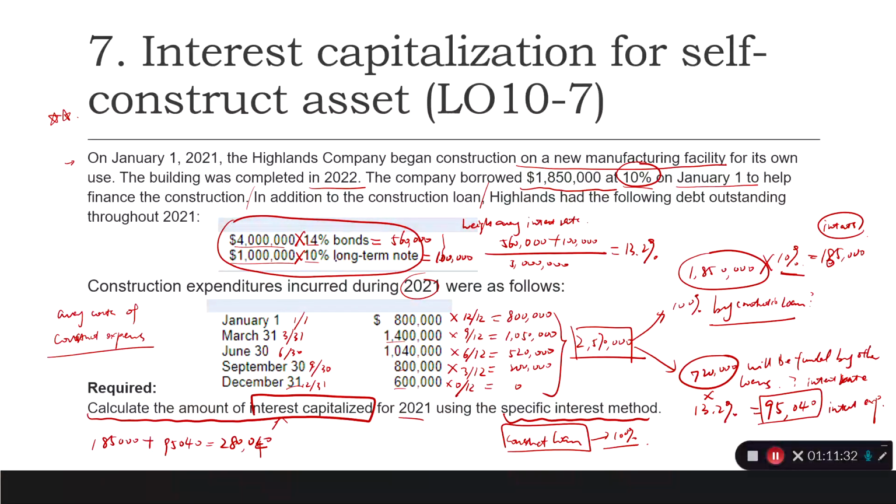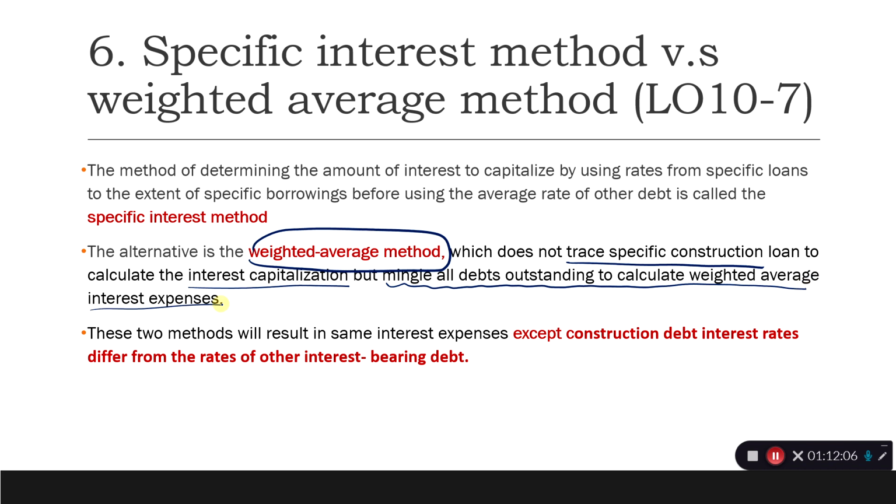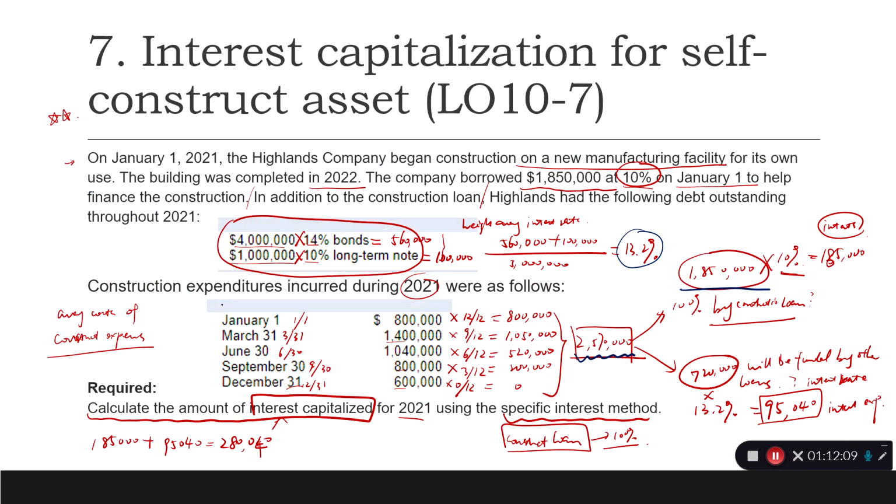Okay, so this means that before you apply the other weighted average rate, you have to make sure that the average construction cost applies 100% to the construction loan first. And then if there is more than the construction loan's borrowing, you will go ask for help from the other borrowing. But there is another method, called the weighted average method, which does not trace a specific construction loan to calculate the interest capitalization, but mingles all debts outstanding to calculate weighted average interest expenses. So in other words, instead of first giving this 100% to the construction loan outstanding charged at 10%, the weighted average rate method is trying to